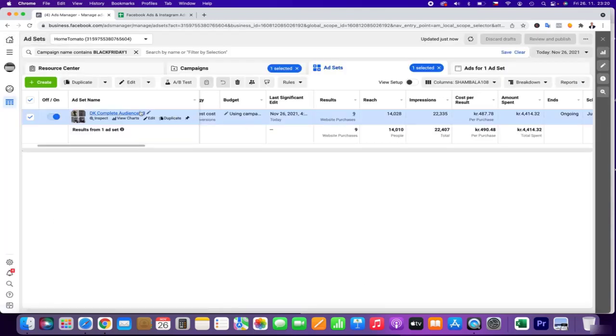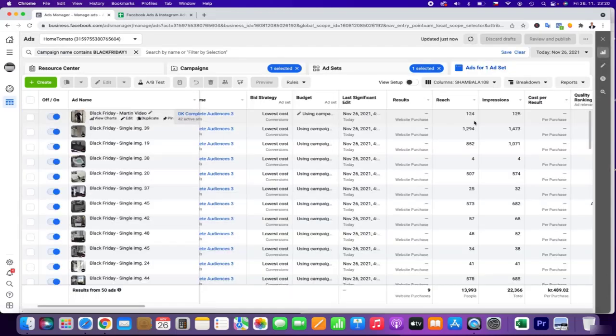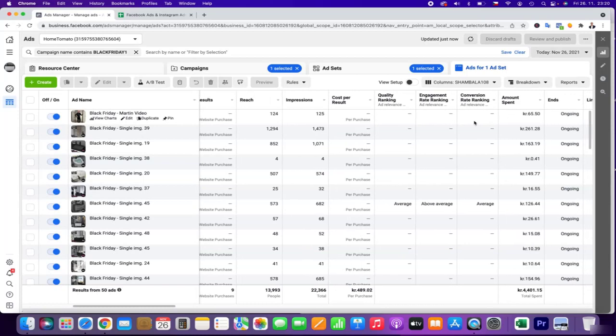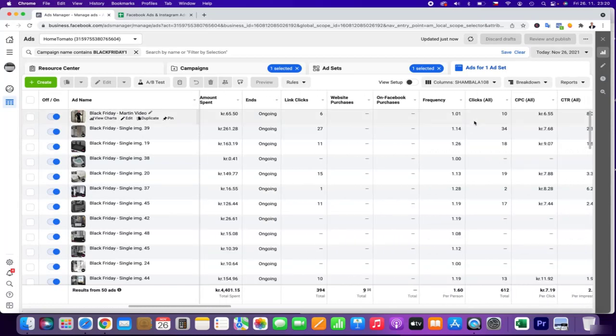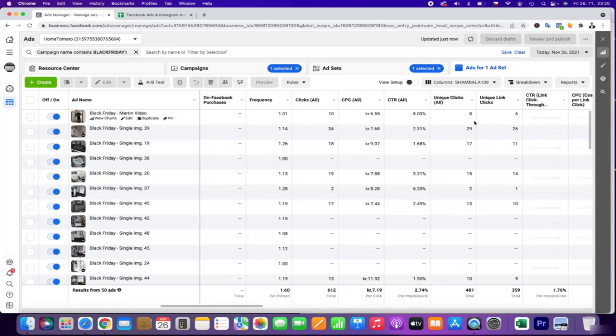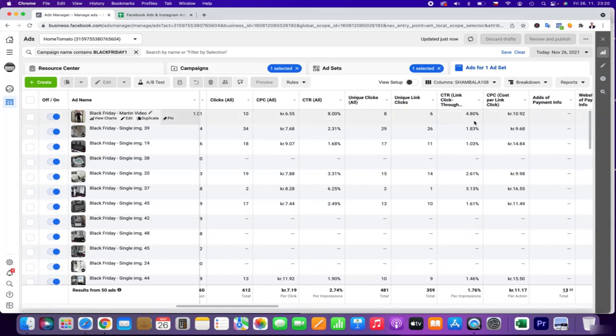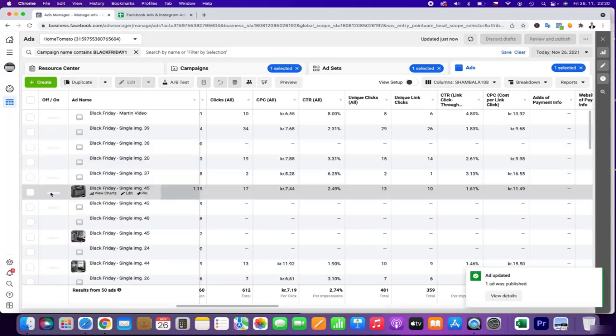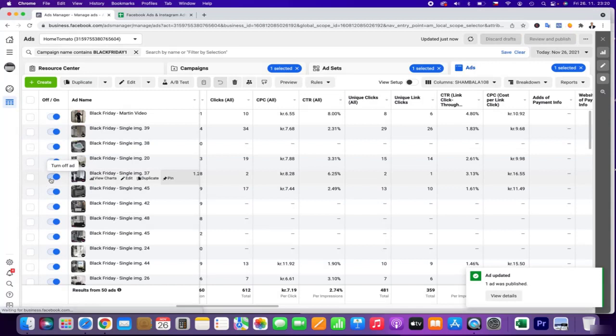Then what we can do together, we can check if maybe some link click is not really doing well, and maybe we will turn off some, as this is, for example, not good, so I'm not really happy, and I will not need such a really big budget tomorrow.